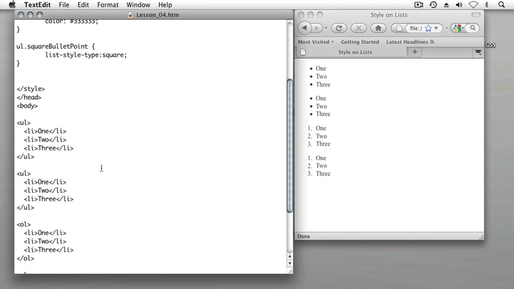So to have something to cross-reference and observe the change, I'll leave the first unordered list alone, but I'll add a class attribute to the opening UL tag of my second unordered list, which we've done before, and I'll type that attribute, class, equals, quote, quote, and then within the quotes, I'll put the name of my class. The class name that I defined was square-bullet-points,